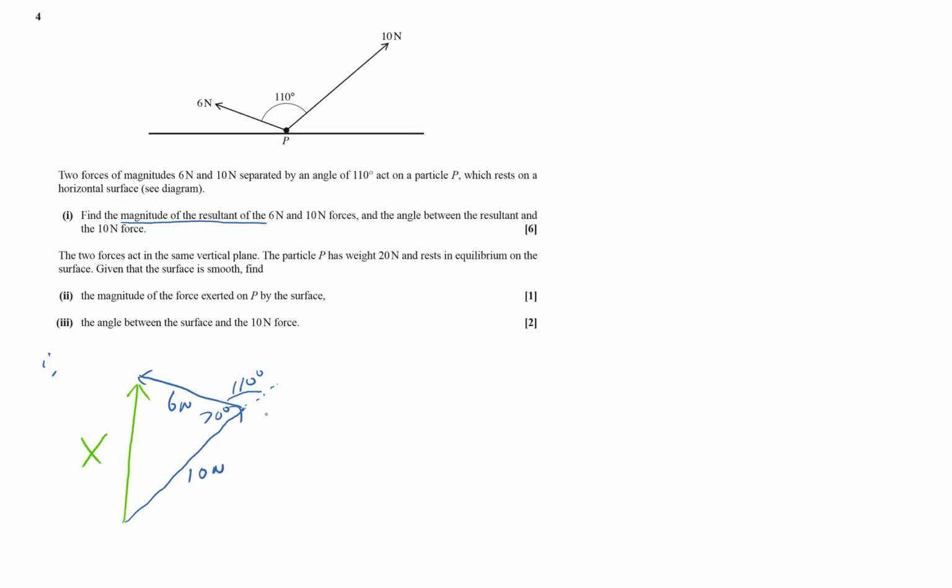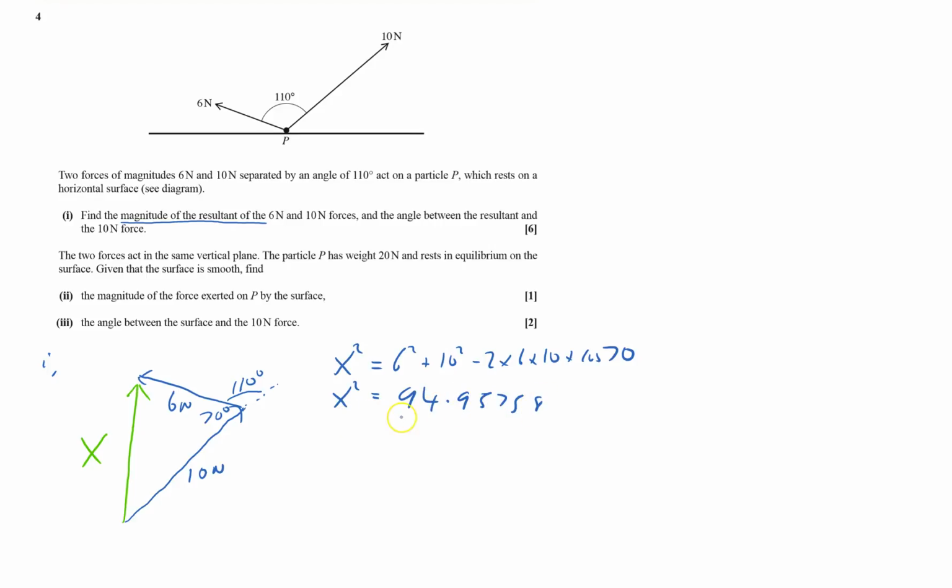And now it's dead easy to find what I've got to get, because it's going to be the cosine rule. So for the magnitude, I've got x squared equals 6 squared plus 10 squared minus 2 times 6 times 10 times cos of 70. Make sure my calculator is set properly. I write down x squared, which equals